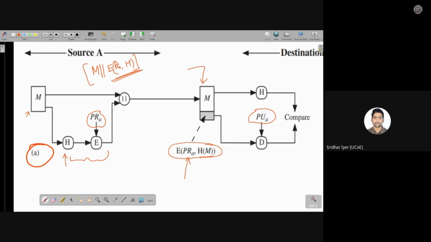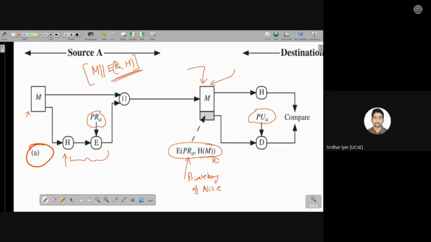Students, kindly let me know. Give your answers. Fine. Just have a look at this diagram. At the receiver's end, the receiver will receive the message. The receiver will also receive the encrypted hash, which is encrypted with the private key of Alice. I'm writing it over here, private key of A, so take A as Alice. Now, the receiver will compute the hash of this message again, and the receiver will now decrypt this portion in red using which key?